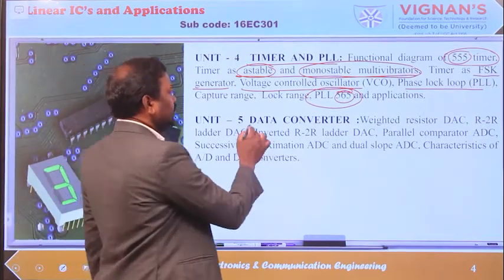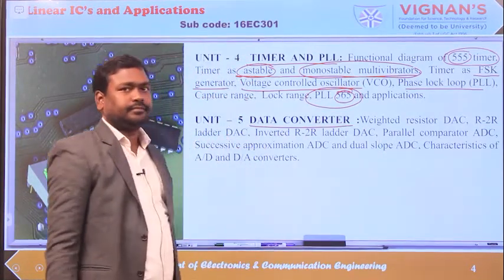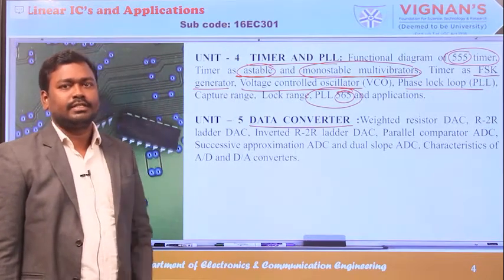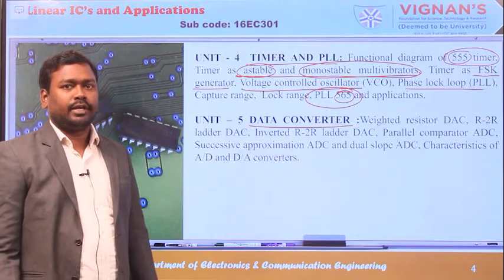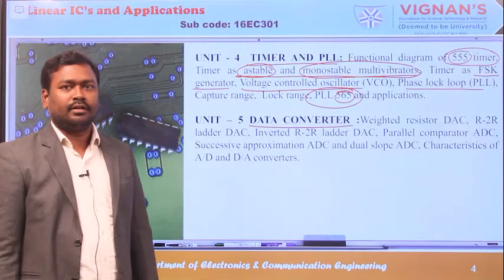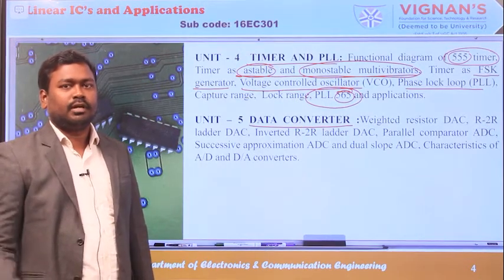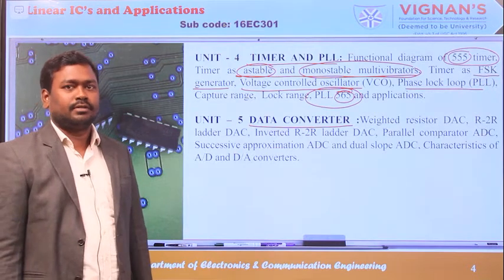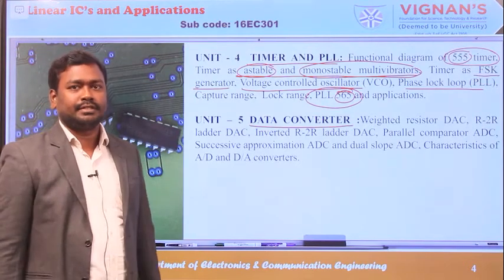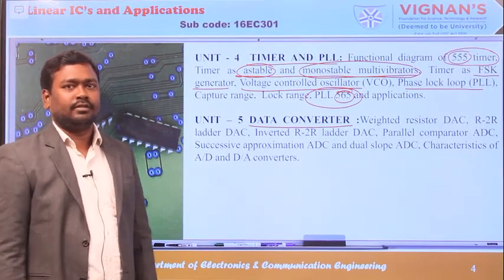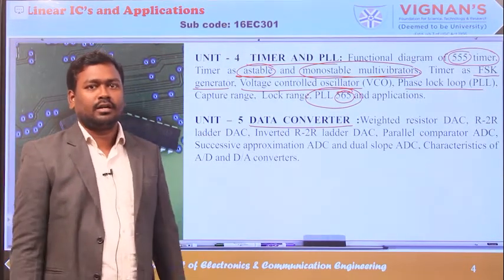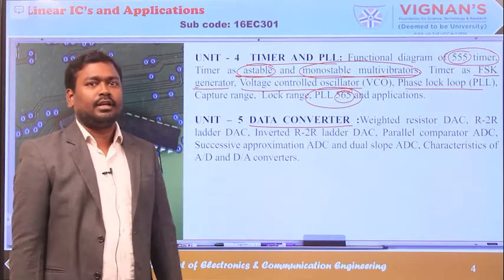The fifth unit is about data converters. In the real life, all signals or all physical signals are in analog form. Take voltage signal or a temperature signal or a humidity signal, all are in the analog form. But all systems are the digital systems. To process this analog data by using a digital system, we need a converter. Those are analog to digital converter and digital to analog converter. Again, the output must be an analog signal.